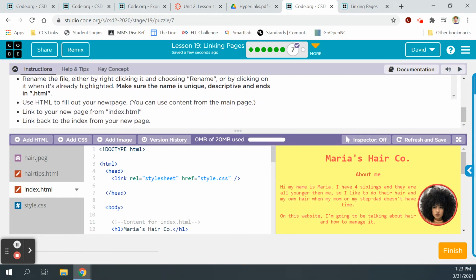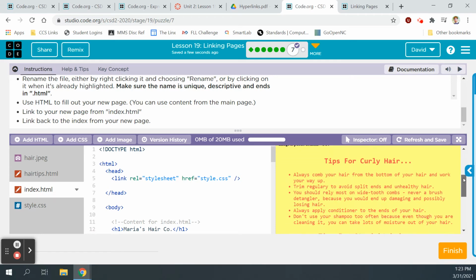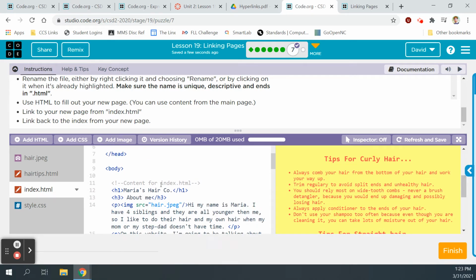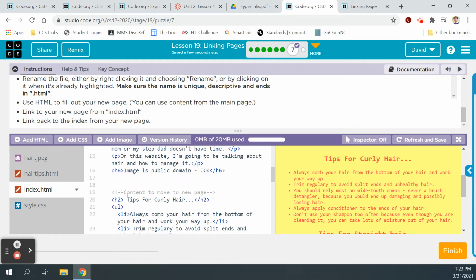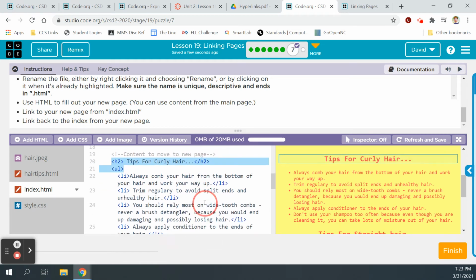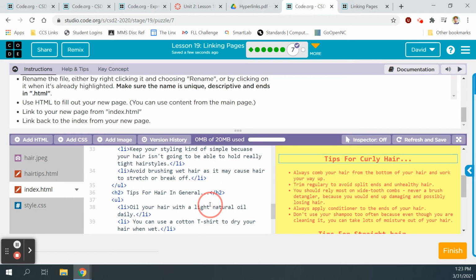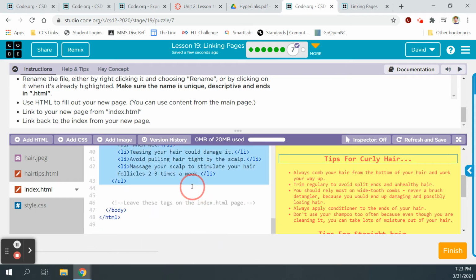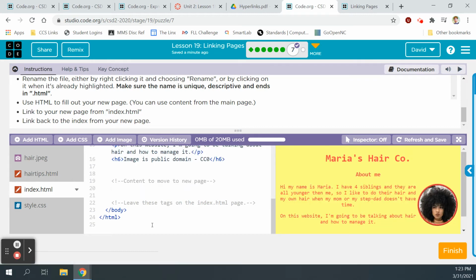Use HTML to fill out your new page. You can use content from the main page. So what I'm going to do is find where tips for curly hair begins in here, and it's on line 20. So what I'm going to do is copy everything below that within the body tags. So all the way down to line 43, making sure that I'm not also getting the body or HTML tag in that. So Control C, and now I'm bravely going to backspace,